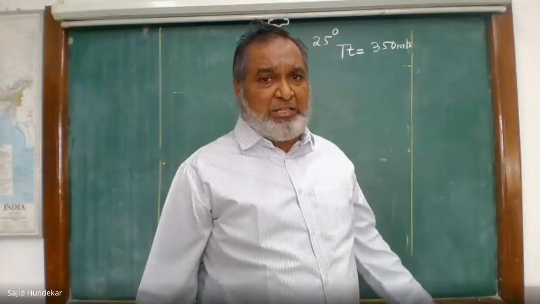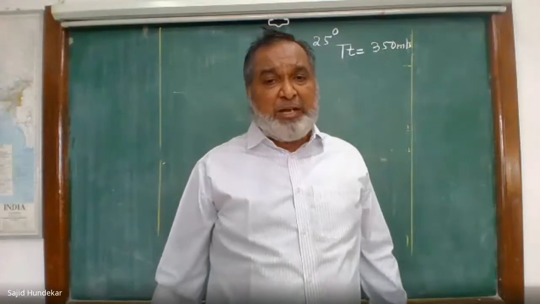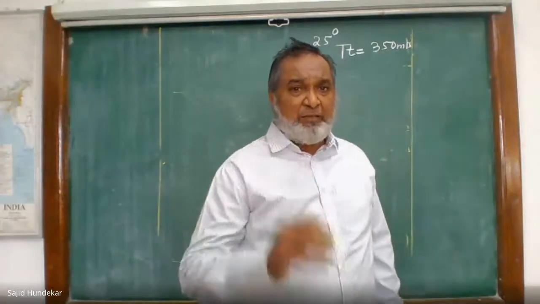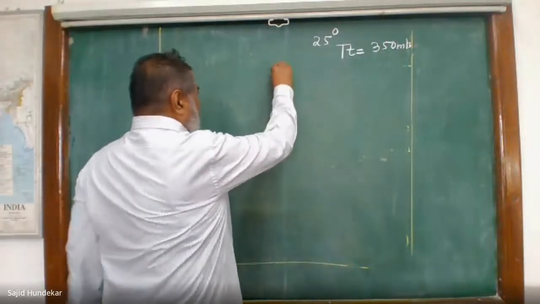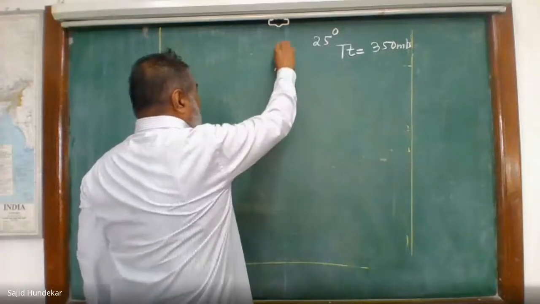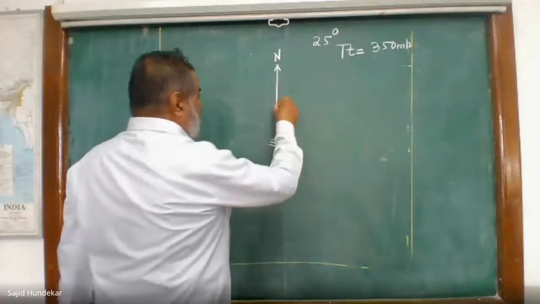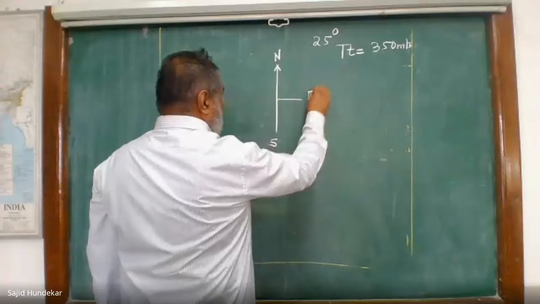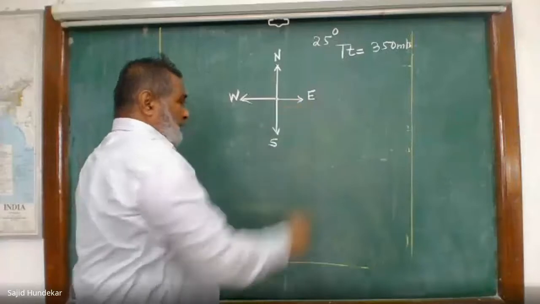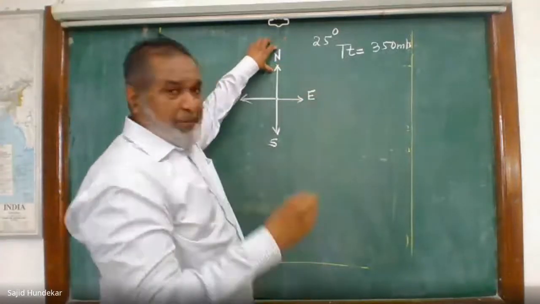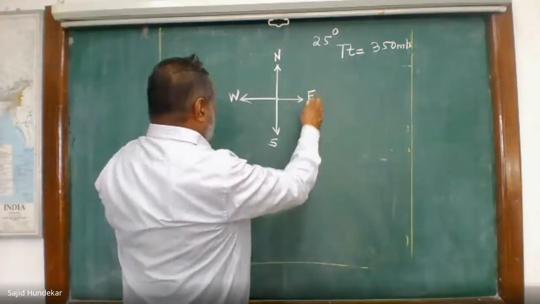We have to solve it. Here the direction is given, that is, the bed is dipping towards north. First we'll see the conventional signs. Whenever the board is there, the top is always north and the bottom is always south. Your right hand side is east, and your left hand side is west. This is the normal convention for the board. Your page also: top is north, bottom is south, right hand side is east, and left is west.